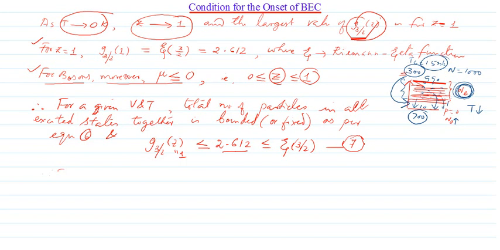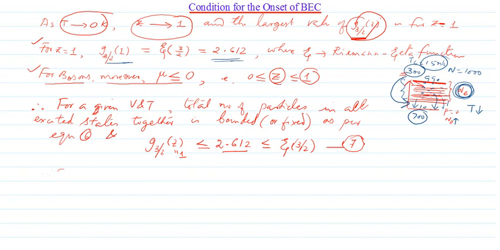Bose-Einstein function G3 by 2 of Z will be attaining its maximum value, which is for Z equal to 1, and whose value for Z equal to 1, we are seeing G3 by 2 of 1 is equal to the Riemann zeta function, zeta of 3 by 2, which is 2.612. So you have to understand that for bosons in the low temperature limit, the value of the Bose-Einstein function will be getting converged to a value 2.612. Okay, so